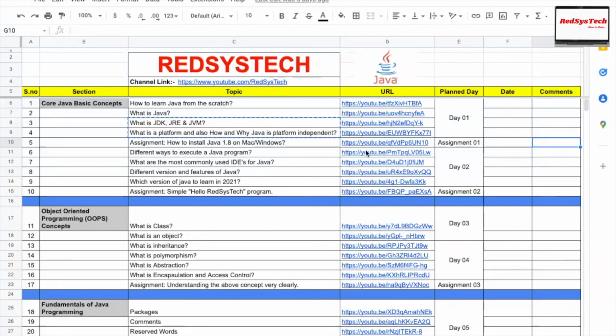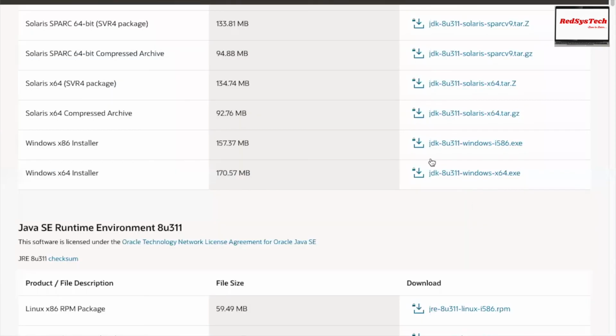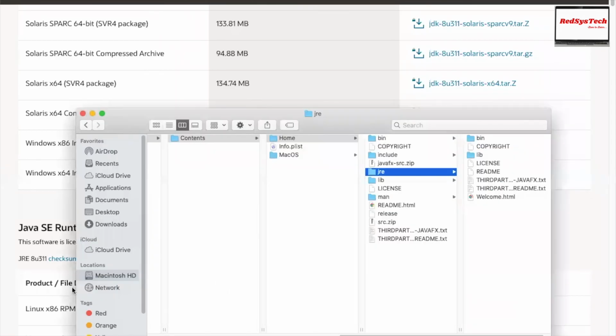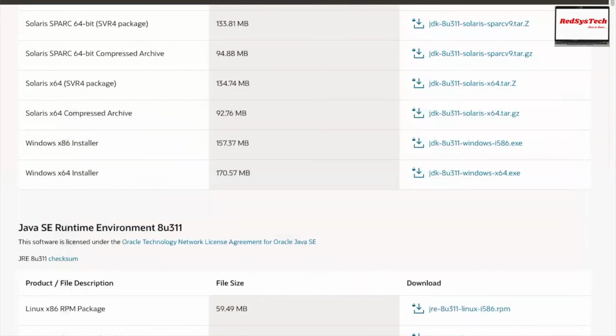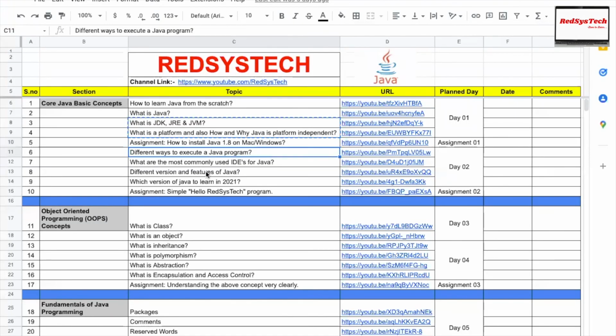And please try to install JDK 1.8 on your machine. It won't even take 10 minutes. Once you install it on your machine, as I said earlier, just go and see where it got installed. How does it look? Is it the same as Karthik's machine or different? If it's something different, then we will discuss tomorrow. Hey Karthik, how is it different on my machine? Then we'll see that.